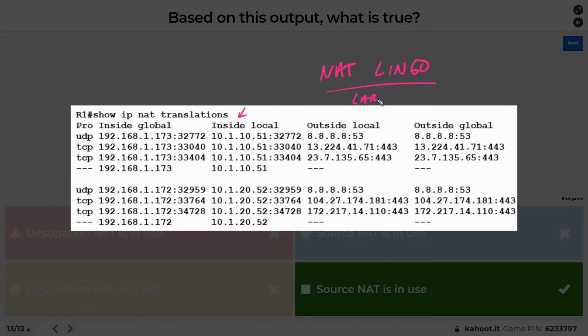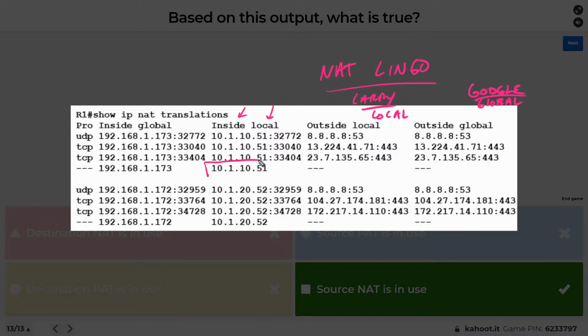And they use Larry, who is a local user, with his perspective from the inside of the network. And then they use Google, which think of Google as a big outside resource, unless you work for Google, and then that's inside. But Google being someone on the outside who's on the global network. And it's really all about their perspectives at the translations that are happening. So inside local is the real IP address on the inside.